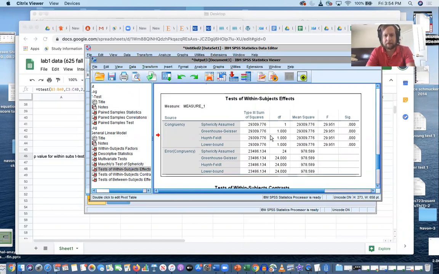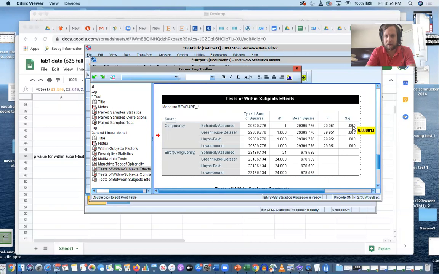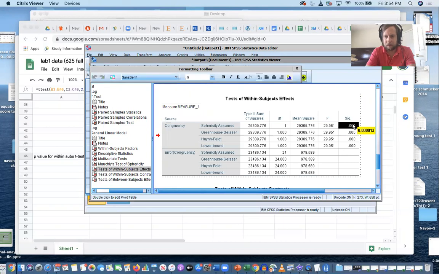You might even be able to just literally copy and paste it into your Excel. I'm going to try that. But first, I want to double click on the p-value right here. You're going to use the sphericity assumed, even though they'll all give you the same p-value here. Double click on that. And then once again, we see that same p-value,